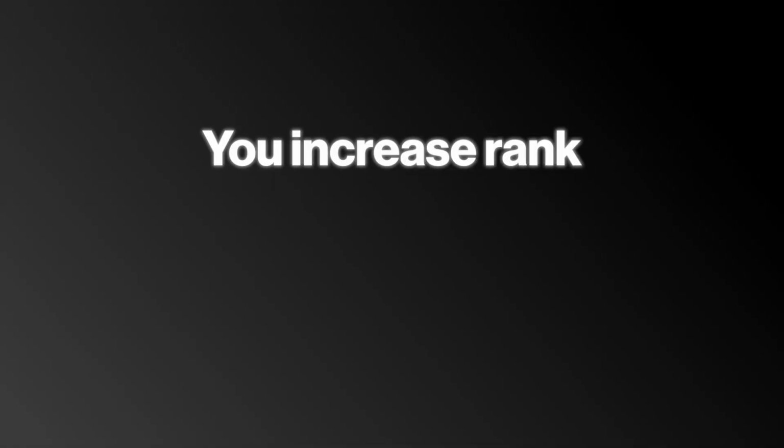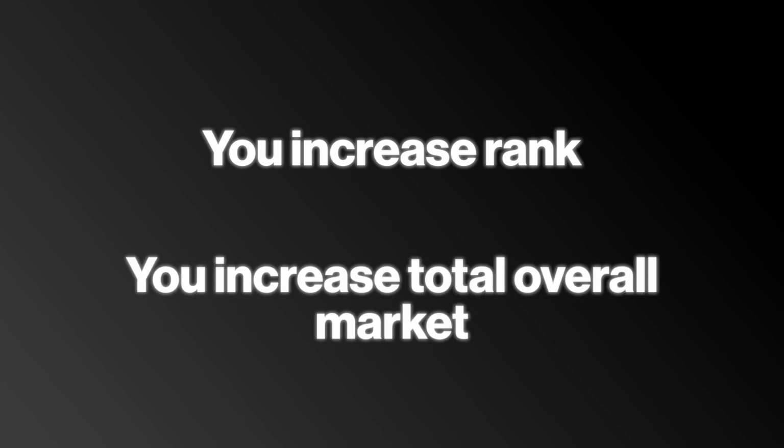But for that to happen, you have to have impressions for that keyword. You have to have clicks, click-through rate, CTR for that keyword. You have to have sales and conversions for that keyword. Now, other people are going to be bidding on that keyword too. And it might be that to really dominate that keyword, you have to bid higher and your ACOS, advertising cost of sale, for that particular keyword or that campaign, is going to be higher than you would want. Maybe even higher than what your profitability is. But in doing so, you increase rank and you increase your total overall market.